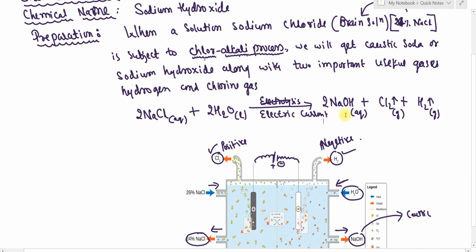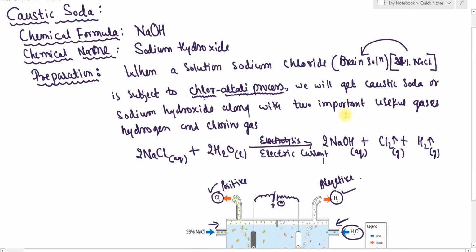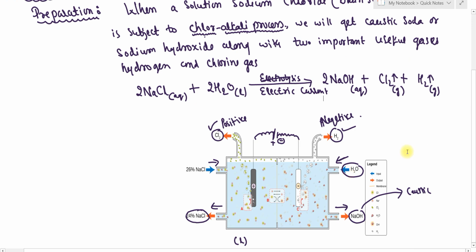This diagram is also important for the examination. They are going to ask it for 2 marks. Not only is the diagram important, the points related to the diagram are also important. Remember where chlorine is liberated and where hydrogen gas is liberated. Then, which two solutions are added inside the chamber? The two solutions are sodium chloride and water. Which two solutions do we get from the outlets? One outlet is for 24 percent sodium chloride and the other outlet is for sodium hydroxide.